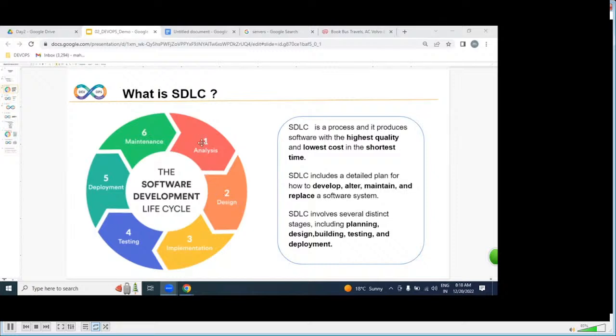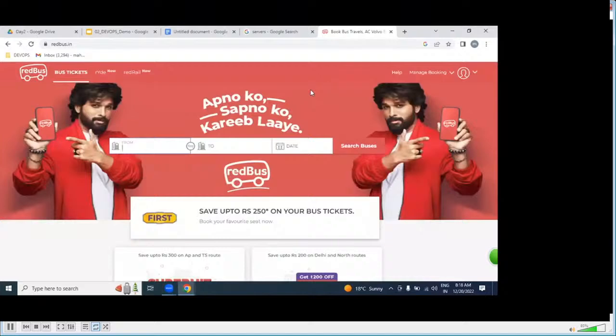Analysis is nothing but gathering information from the client. For example, if you want to construct a house, we need to gather information: iron cost, cement cost, land cost, how much is required. The same way, this is a travel business.